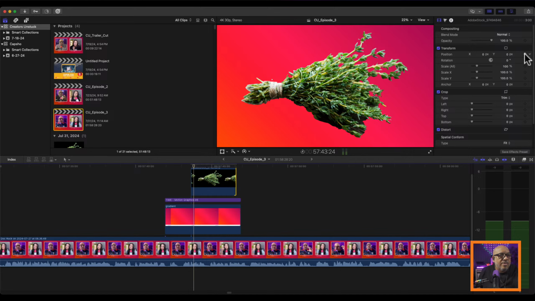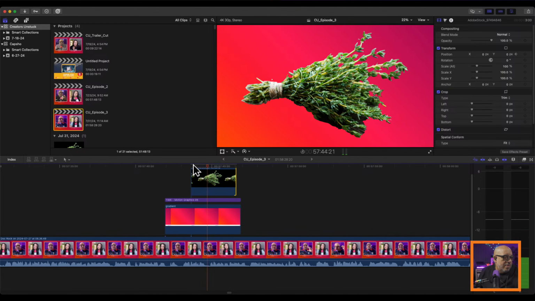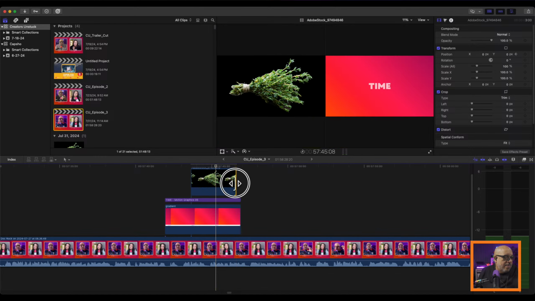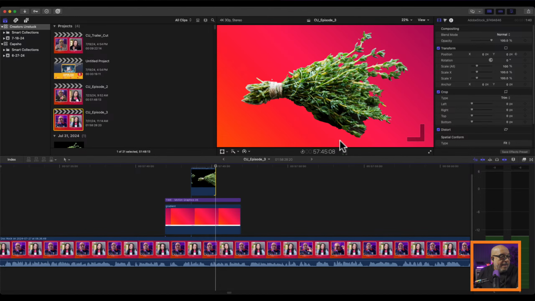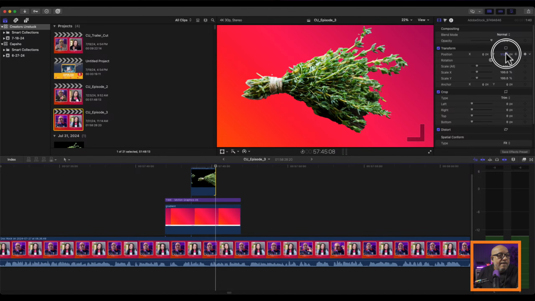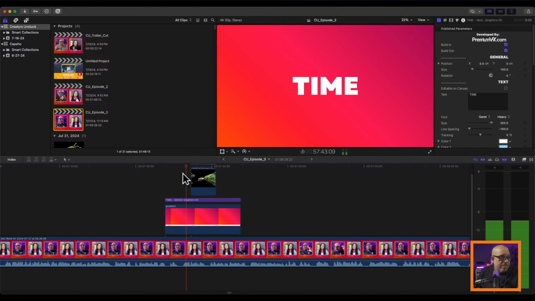Position keyframe. Yes. Talking about the herb. Position keyframe. Yes. And then position keyframe. Let's back it up. And I'm not talking about the